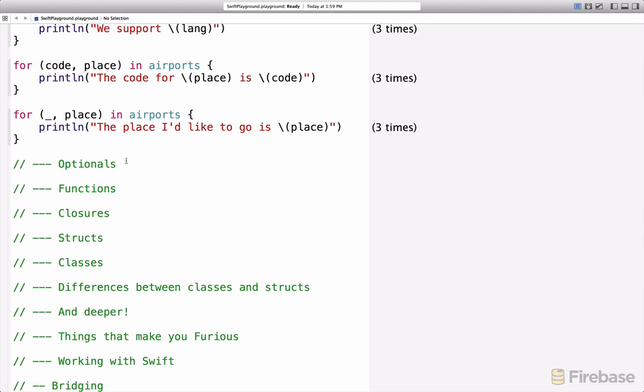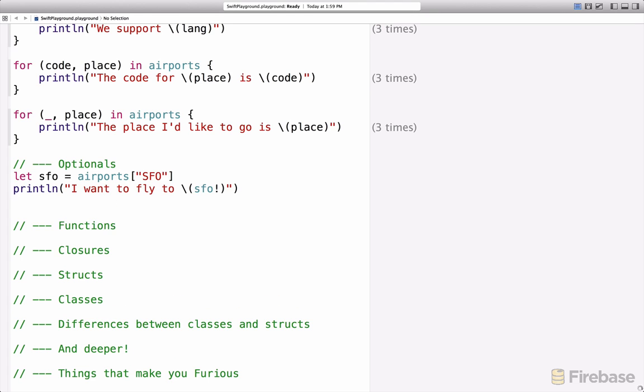All right. So remember when I wrote some code that looked like this? And I said, let SFO be the airport at SFO, and I printed this line out, and I had this exclamation mark. Well, I'm just really excited to fly to San Francisco. I'm also really excited for optionals. What are optionals? Well, let's take a look at what happens when I say